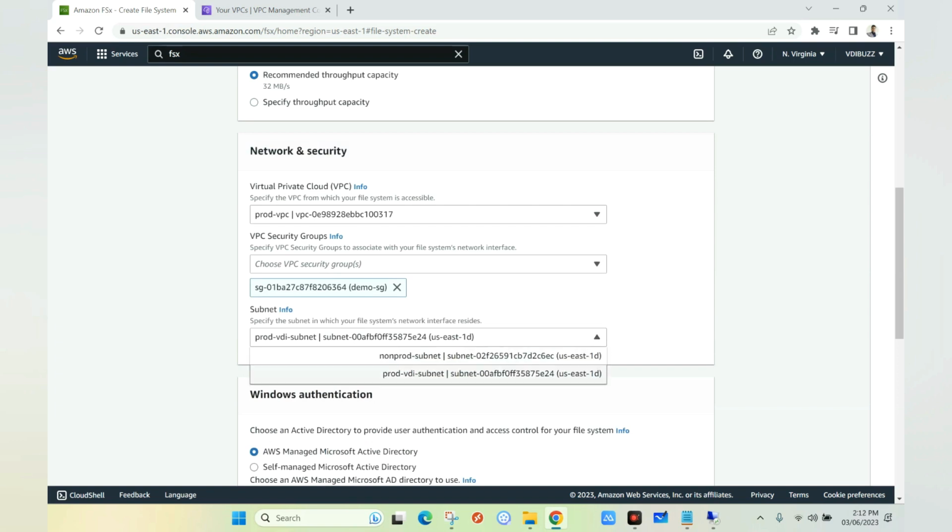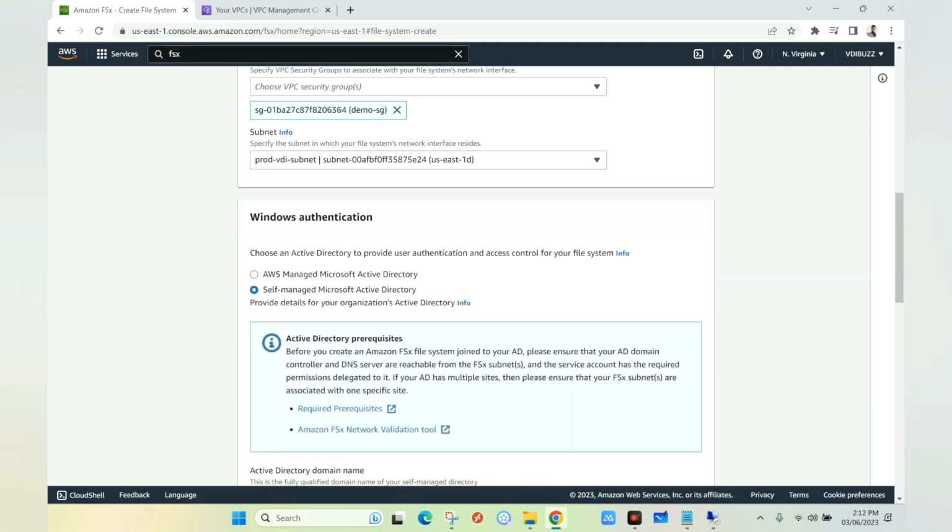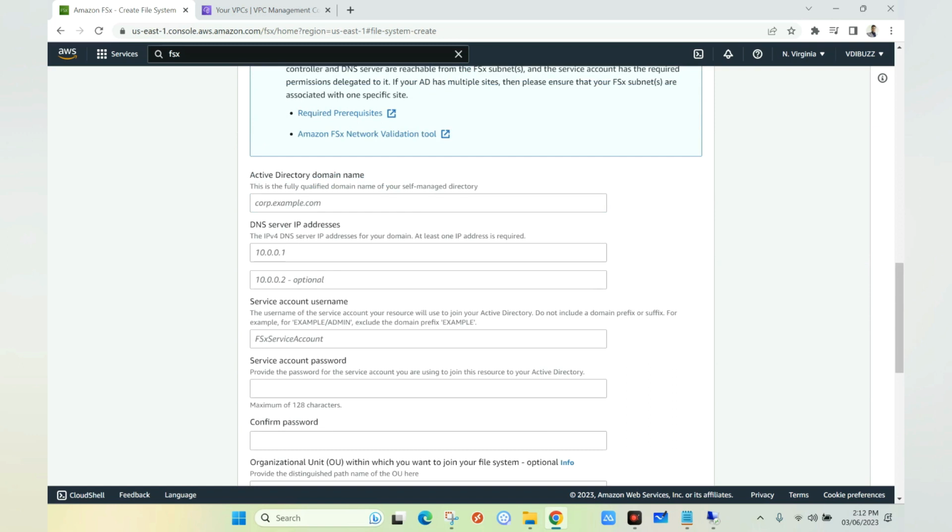So we have two subnets. I'm going to select the production VDA subnet, and then authentication. We have two options: either you can choose AWS managed Microsoft Active Directory or self managed. In our case, we have our own Active Directory server, so we'll select self managed, and then it will ask for the Active Directory domain name, which is